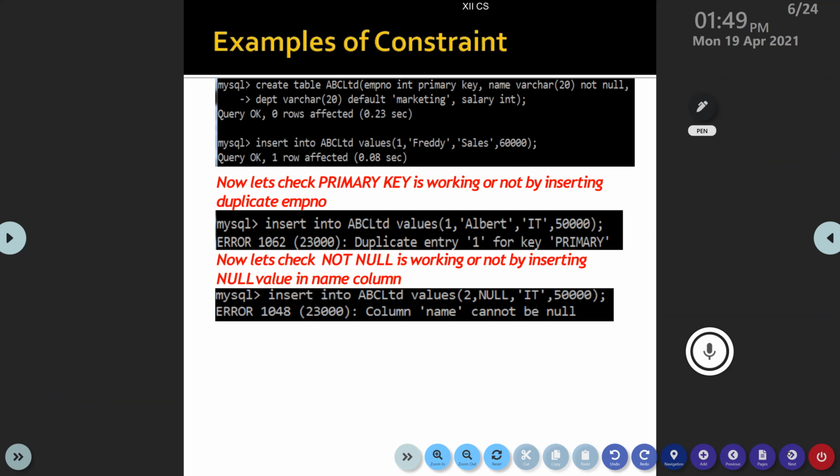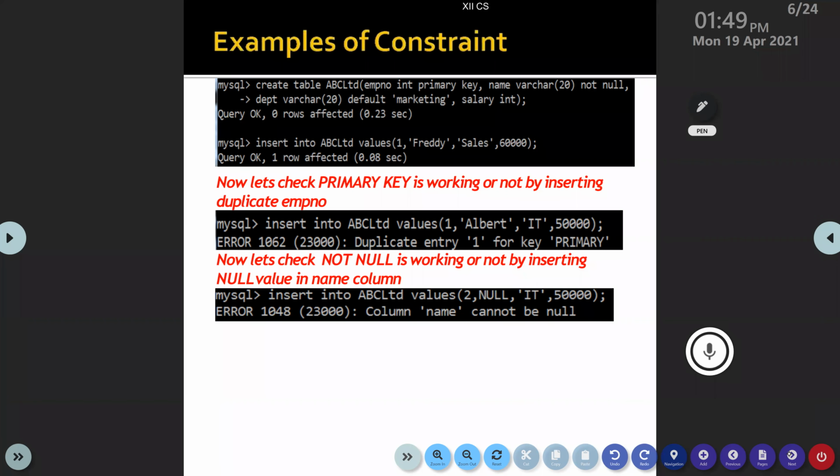Now, next query you can see insert into ABC Limited values one again. The person is trying to enter one again. So what is the result? It's giving a message: duplicate entry one for key primary. Why? Because already we have specified it as primary key.